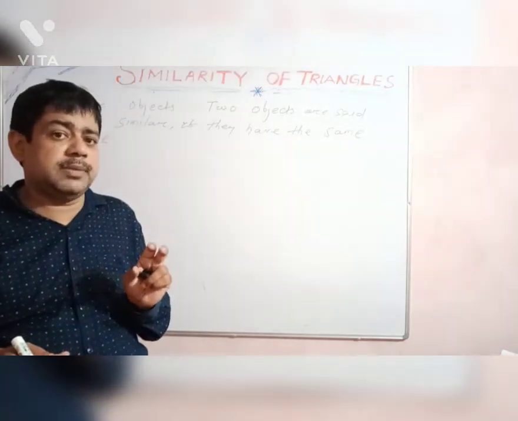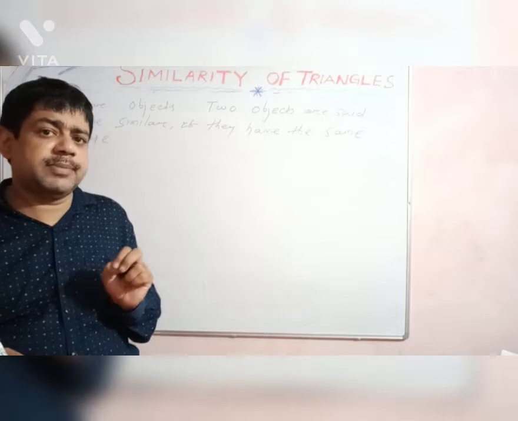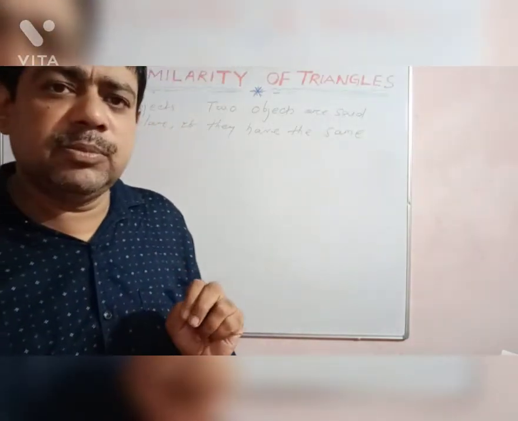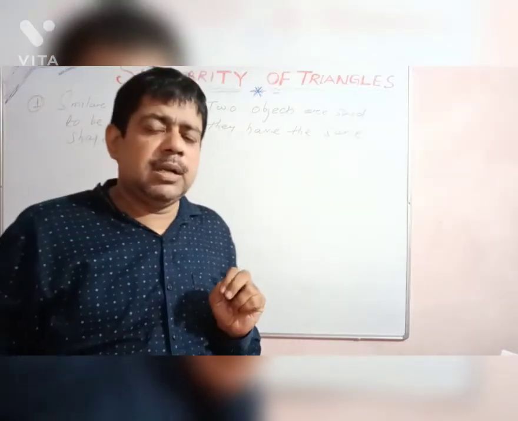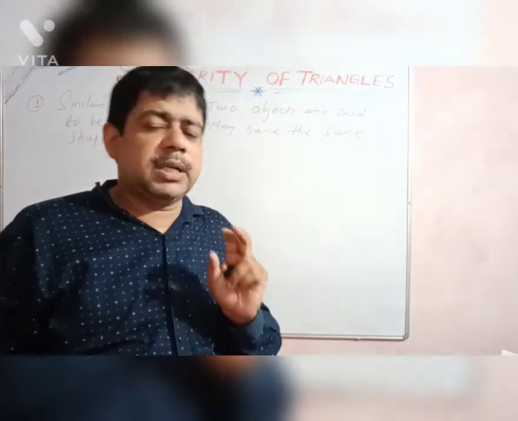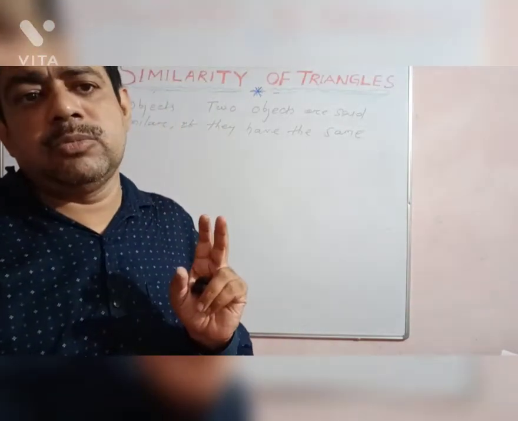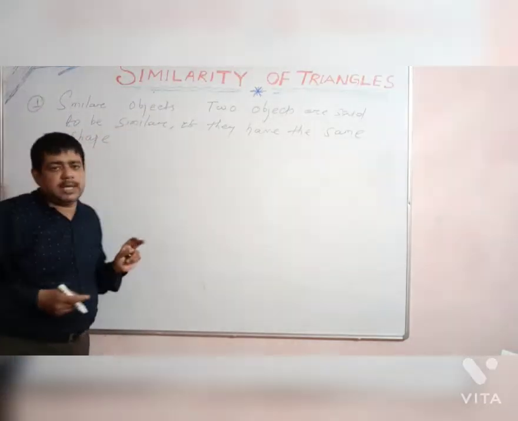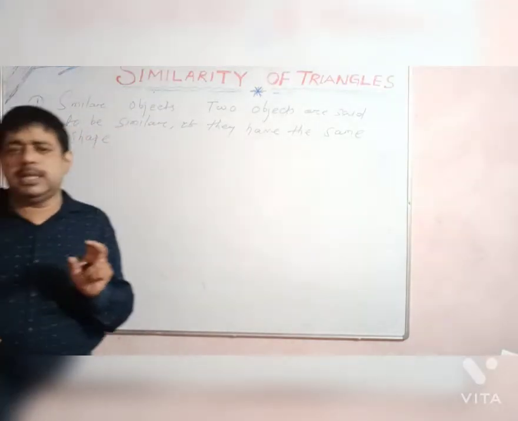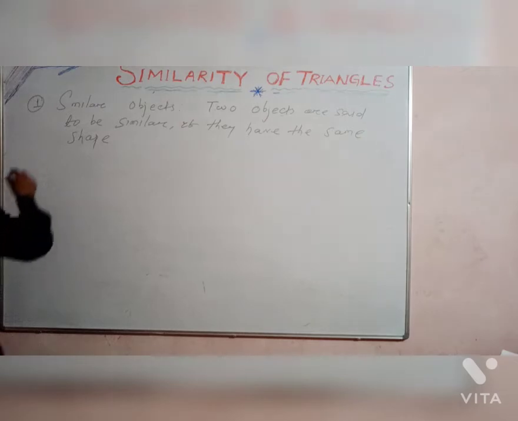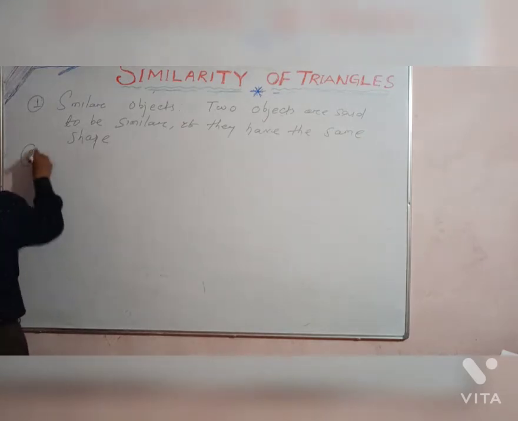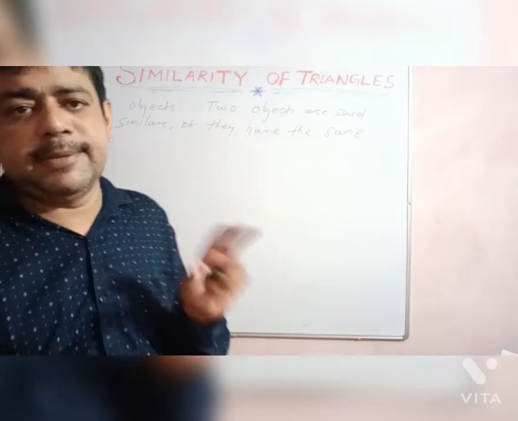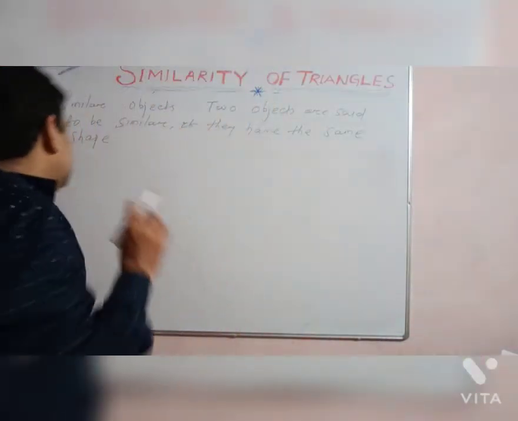All the circles are similar because they have a similar shape. All the spheres are similar because they have the same look. And all the rectangles are similar because they have a similar look. Understand? So two objects are said to be similar if they are of the same shape, right? The condition for similar objects is that the two objects must have the same shape. Is it clear now?